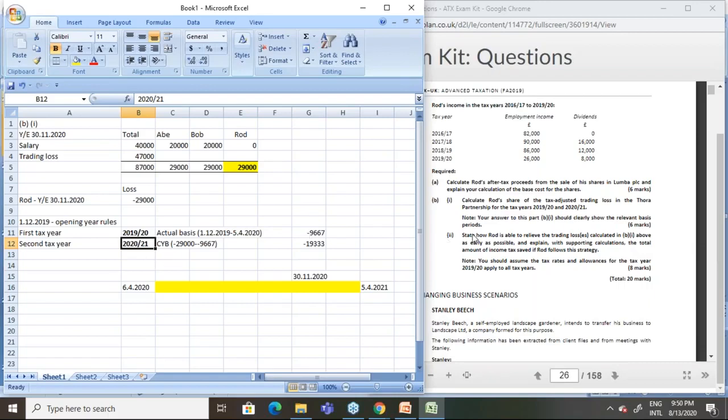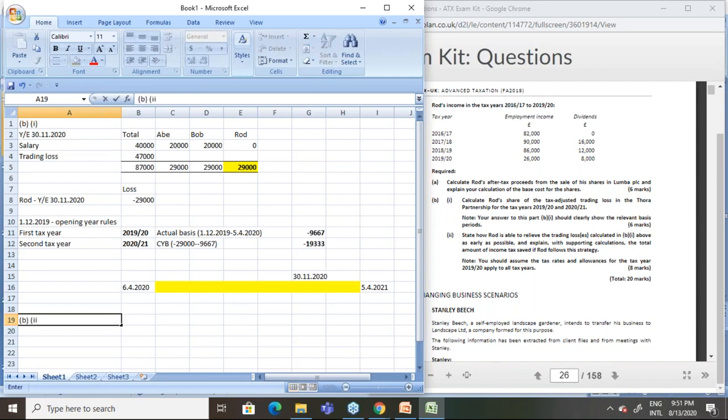Your answer to this part should clearly show the relevant basis period. So you have shown it clearly. The actual basis, the current year basis, and we have accordingly calculated the relevant trading losses for the first tax year and for the second tax year. Now we can answer